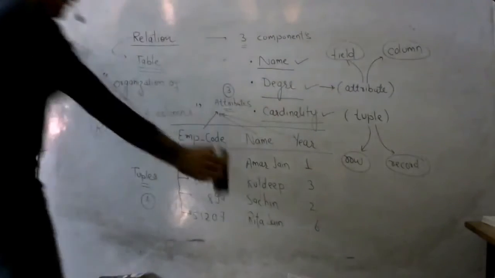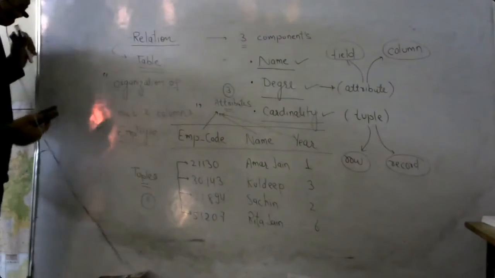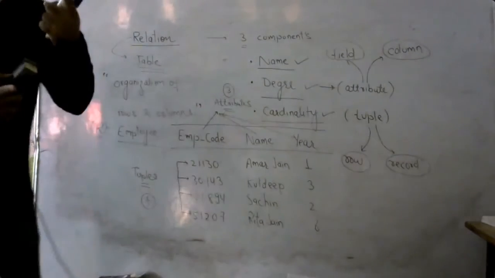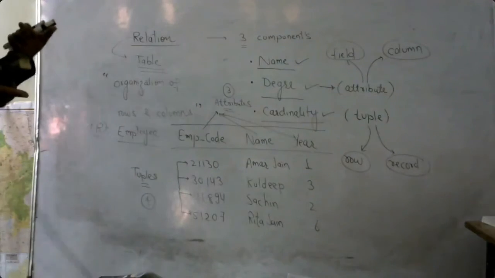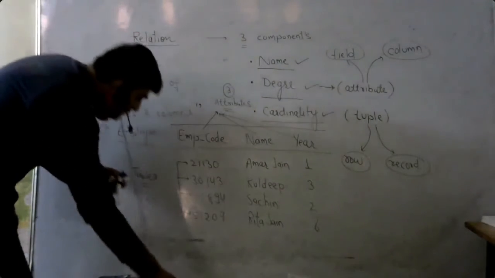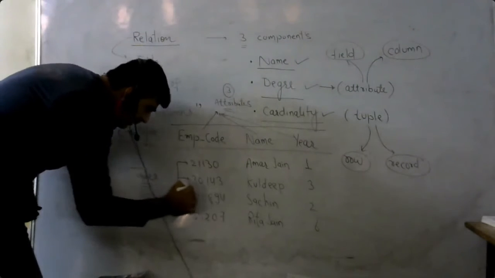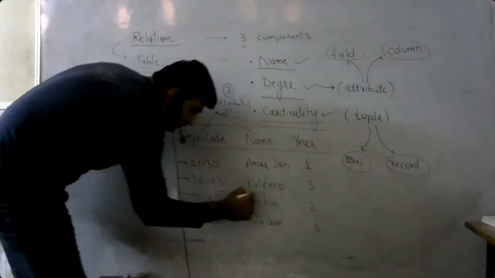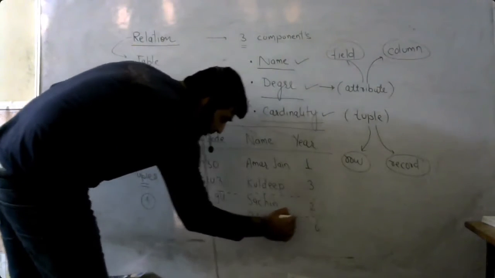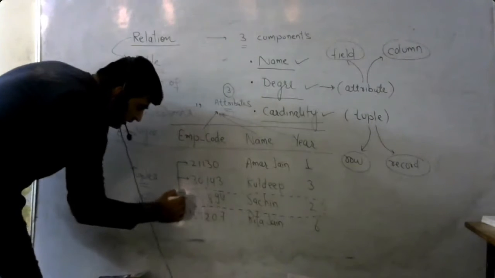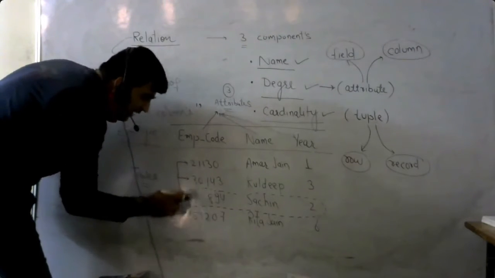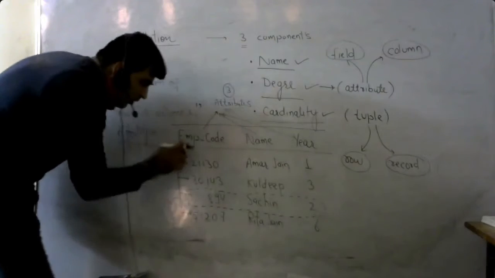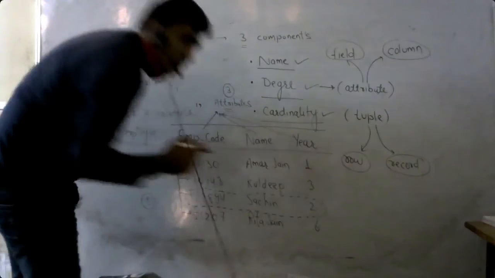Yes, let's erase it so that we can write the definitions of these terms. And there is one more term, that is the domain. How we can forget that term domain? See, tuple, then it is a tuple. This is the tuple. When we move from left to right, there is one tuple, 1, 2, 3, 4. So I highlighted only one tuple here. All these are tuples when we move from left to right or horizontal.